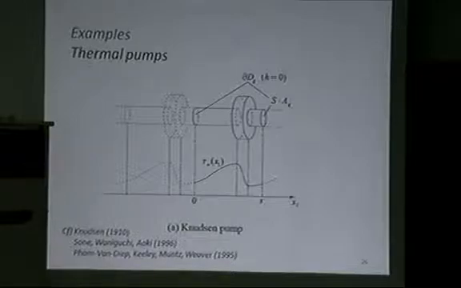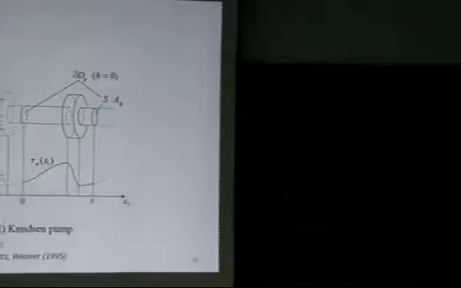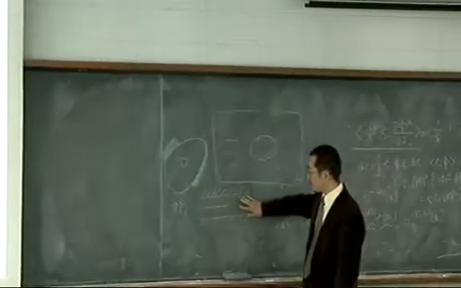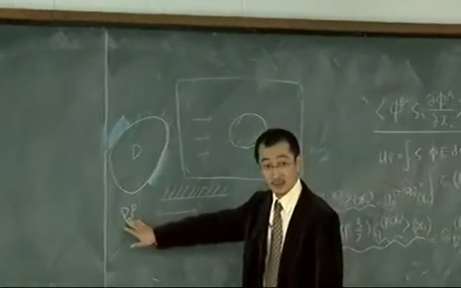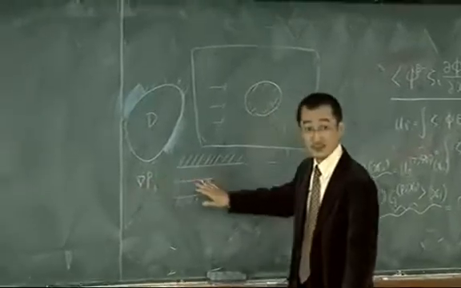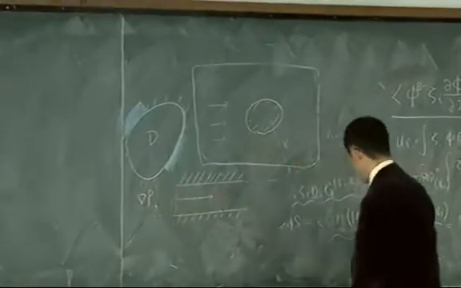But this pump has no mechanical part; just by using the temperature effect, it has a pumping system. It is because, as I explained, if we have a pressure gradient, flow is induced. But